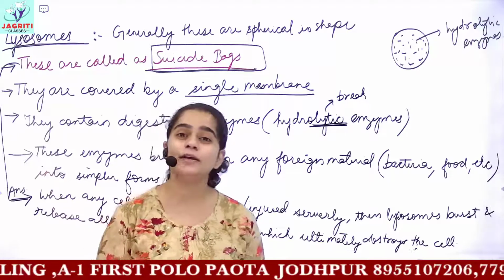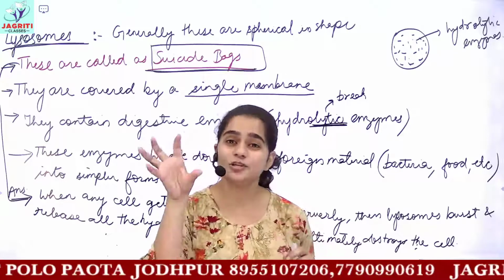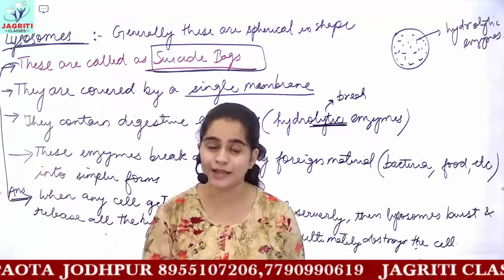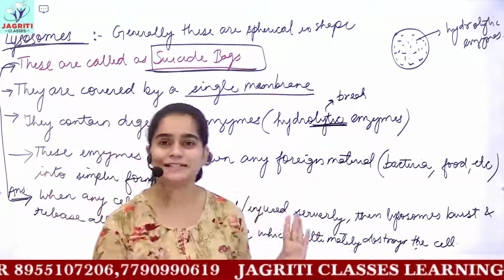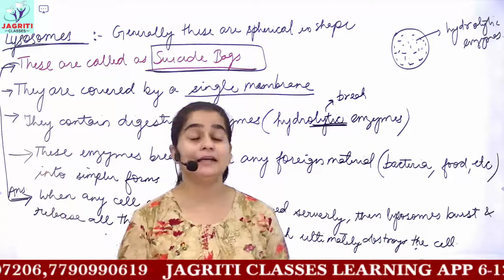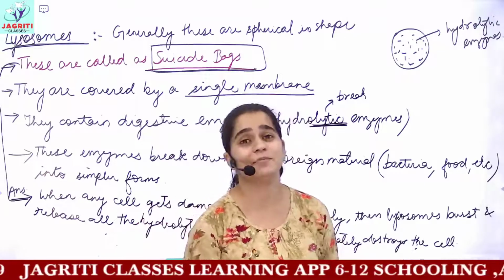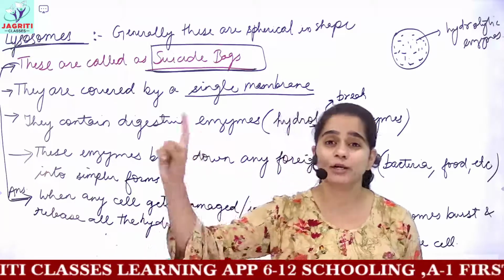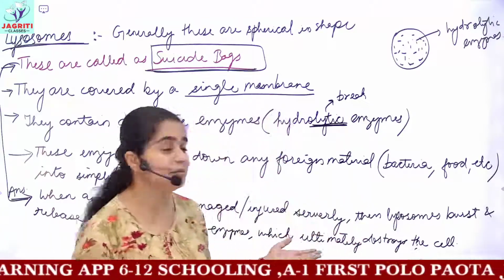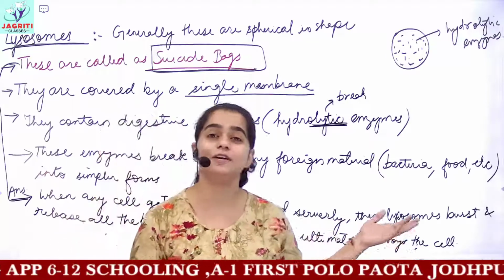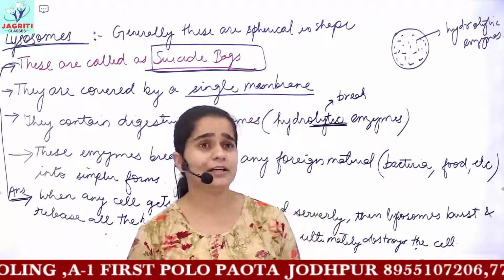ATP is what? The full form of ATP is adenosine triphosphate. That is, it is an energy moiety which contains 3 phosphate groups. The rest is apart from our discussion at this level. So ATP is also known as the energy currency of the cell. This is again a general question asked in examinations: lysosomes are known by what name and why, mitochondria is known as powerhouse, why so, and ATP is called the energy currency of the cell.